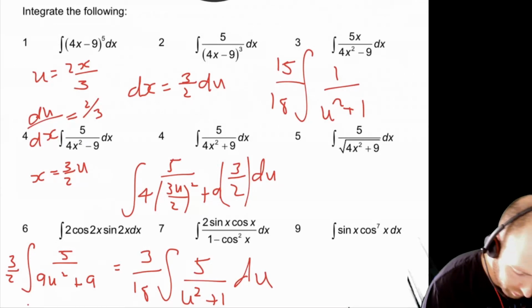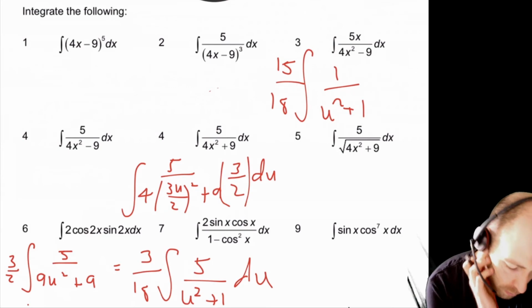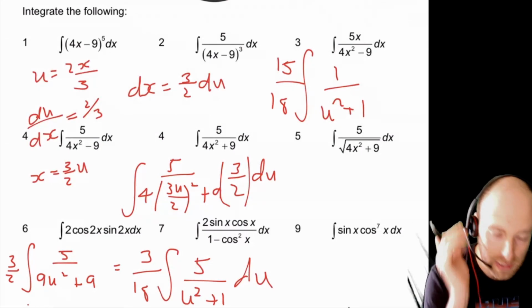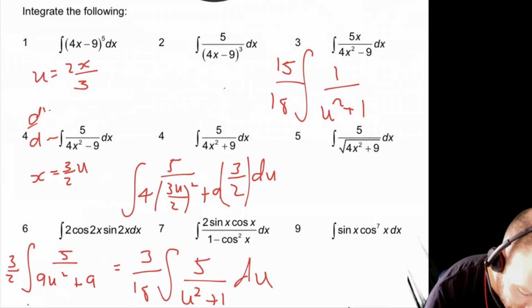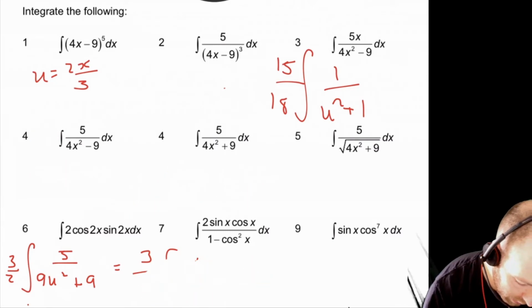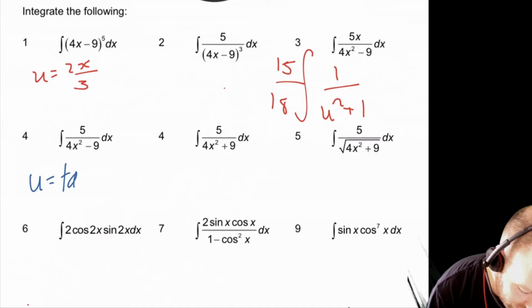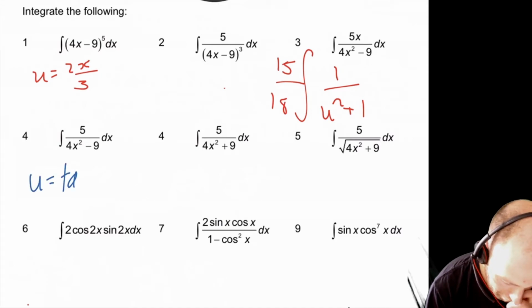Brilliant. But there's no limit, so I'm not fussed. No, maybe I am fussed because we're going to want to turn it back into an x integral at the end. So I'm going to keep the u as 2/3 x there. We're going to need another letter if we're doing this twice. So let's say u equals tan